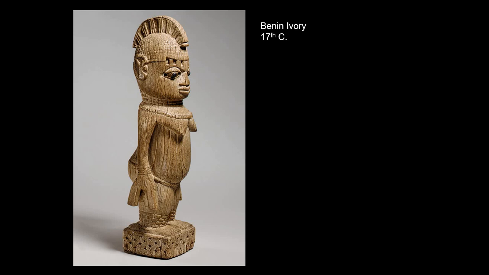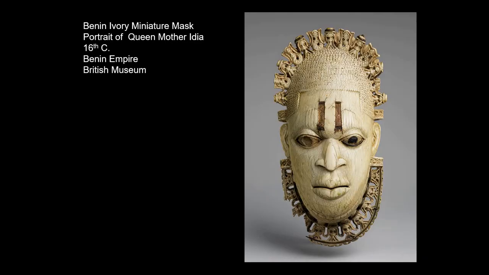So the Benin are more organic, perhaps, than some of the Yoruba, but still very, very highly stylized in their figures. This is a miniature mask, and as a mask, it's not an actual mask, but it's a ritualized mask. This one representing the Queen Mother. What I love about this one is that it has a design motif, a kind of frill that goes around the outside, and you can see one of these is an elephant. Of course, elephant is a source of ivory, so a very prestigious animal.